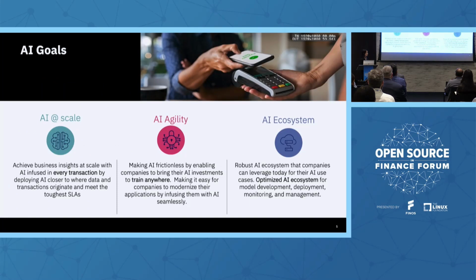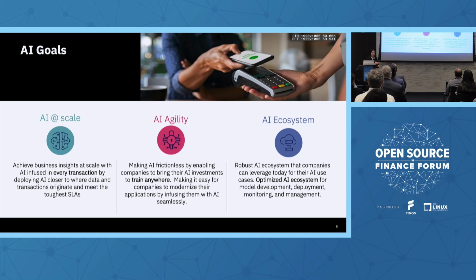Okay, so where do we want to go with this? This is kind of the ideal stage, right? We want some agility from AI, which means the ability to train anywhere. And hopefully you can also deploy anywhere, right? You don't have to stick with the data scientist environment. And then you want AI at scale. I will give you some real use cases where you can see it's really important for some, let's say, banks